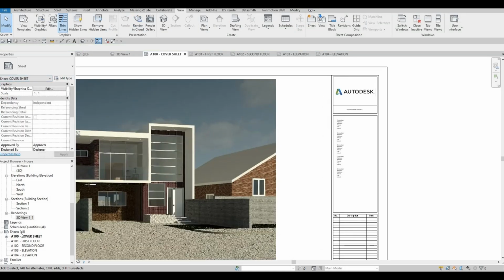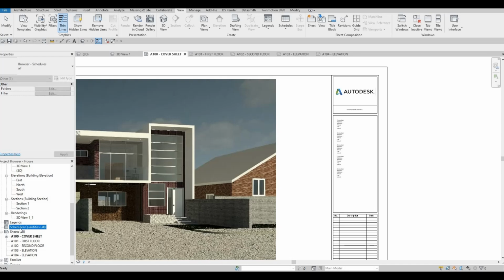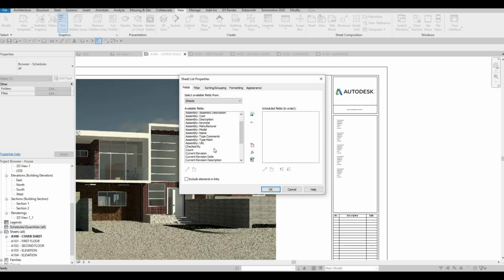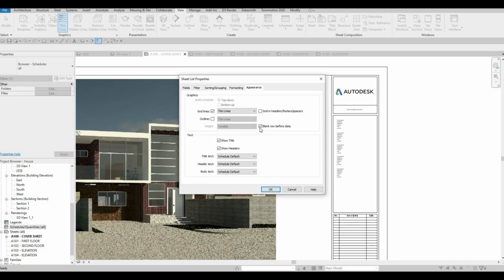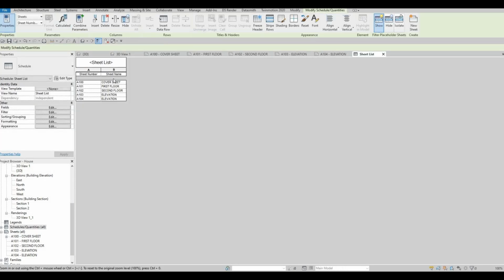So for our drawing list, you need to go to our schedule, right click, and then look for new sheet list. And then here we're going to add sheet number first, and then I want sheet name afterwards. And then we could go right here on formatting or appearance. I don't want the black row, so if we just press OK on this, it will create it,